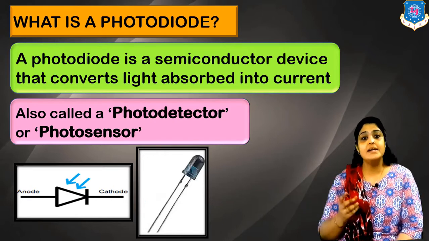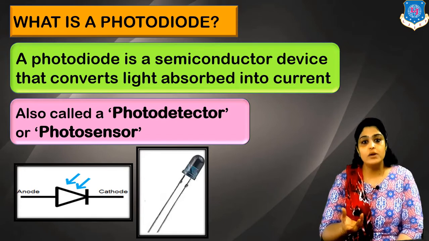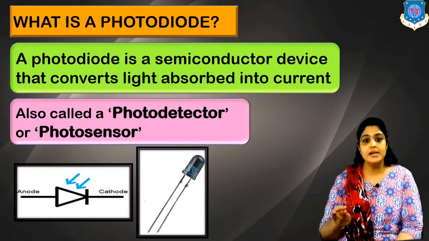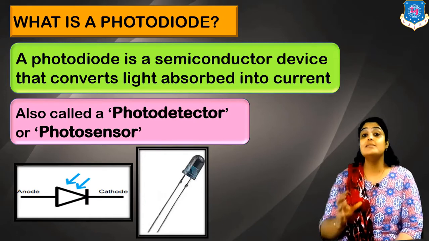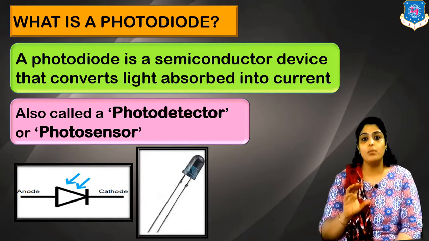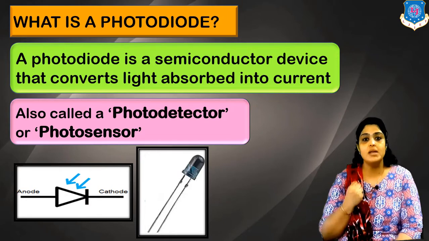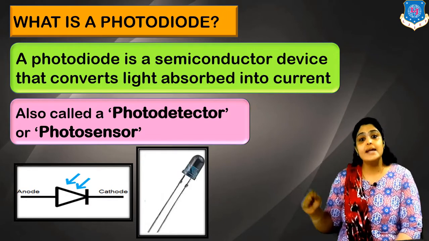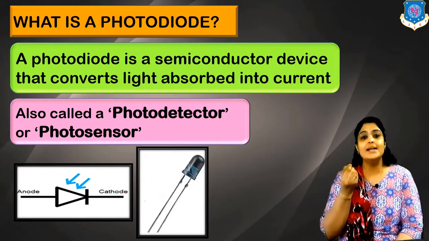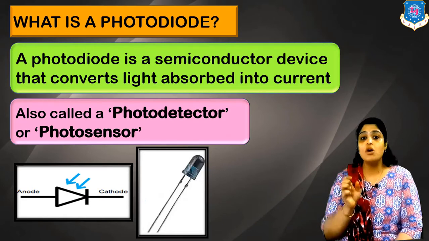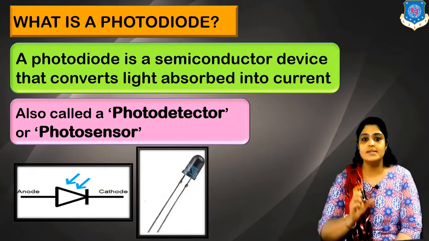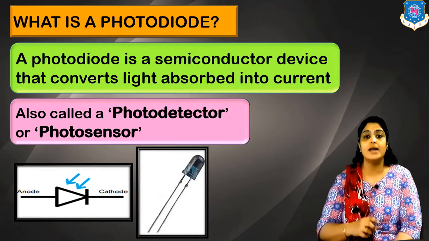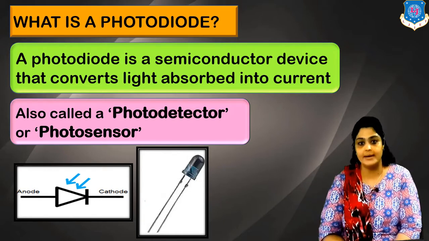And the second diagram indicates how a photodiode actually looks. You can see it's a two-terminal device. There's a black cylindrical structure. You can see that this is translucent. It is not opaque because only then can the light be absorbed by the device. And inside the cylinder, there are two plate-like structures visible. The smaller cross-sectional area is the anode and the larger cross-sectional area is the cathode. And this is how a photodiode looks when you hold it in your hand.